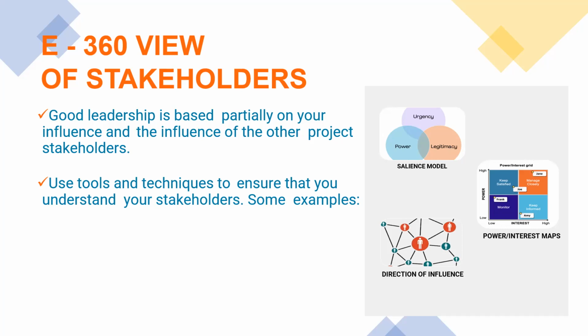Now, the next thing also you need to know is that there is what you call the power and the interest map. I think we touched on some of these when we were doing planning. The guy with the biggest power and the highest interest in this regard, the lady called Jane at the top right corner, is one person you must manage closely. Manage her closely.